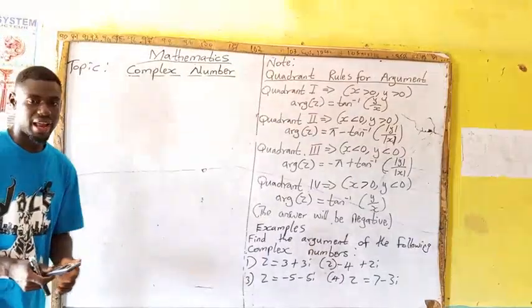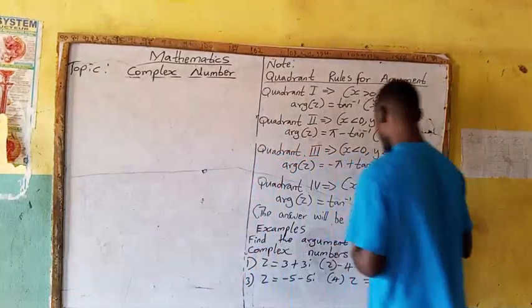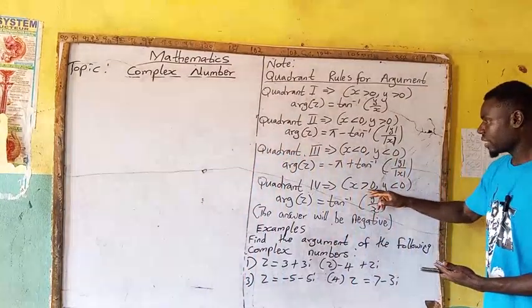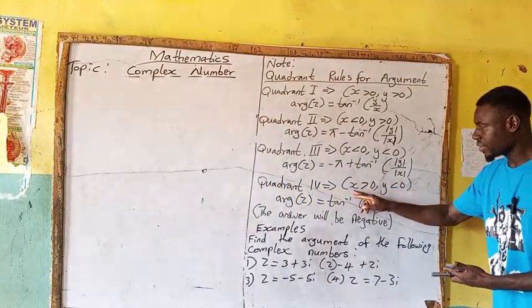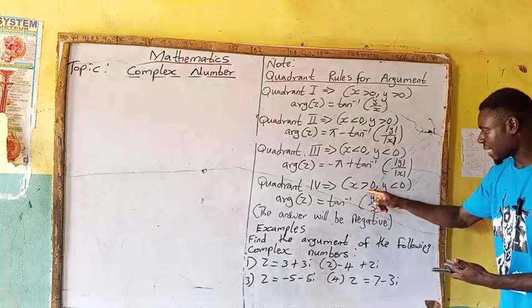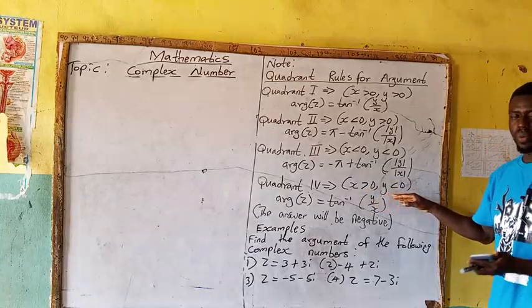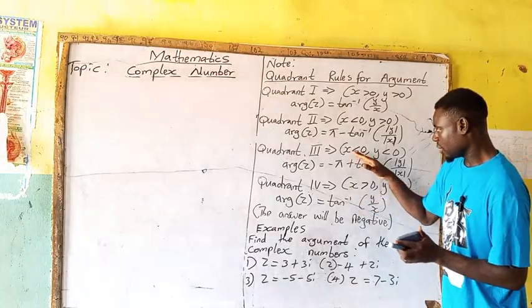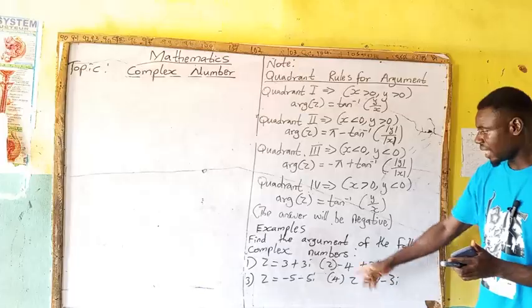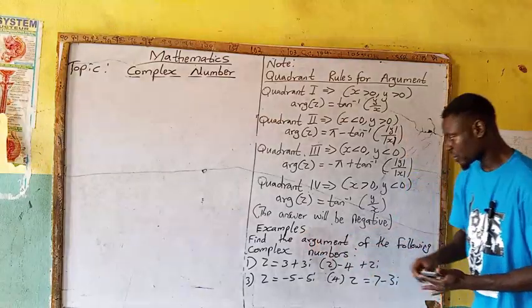All right. Now, like I told you, this fourth quadrant is when the real number is greater than 0 and your imaginary number is lesser than 0. Observe that these two are not the same thing. Now let's solve some problems. Examples. Find a